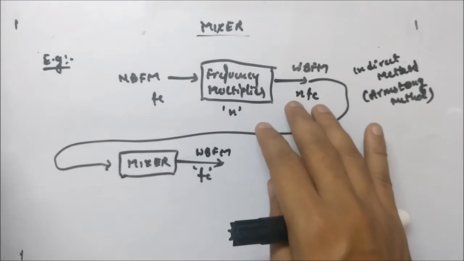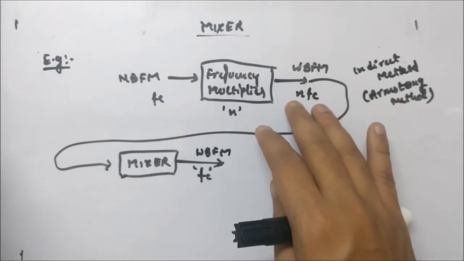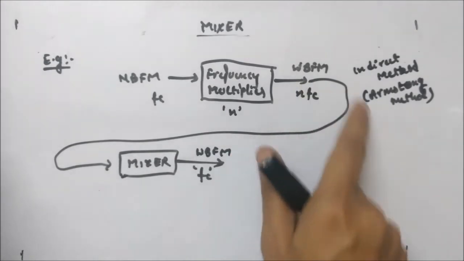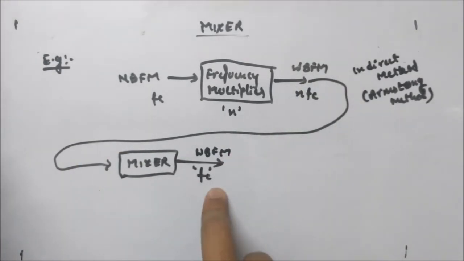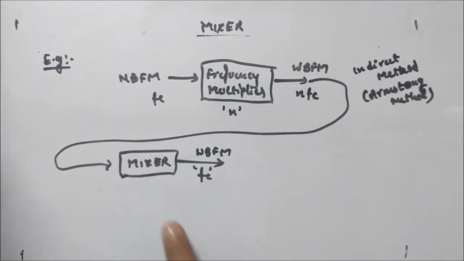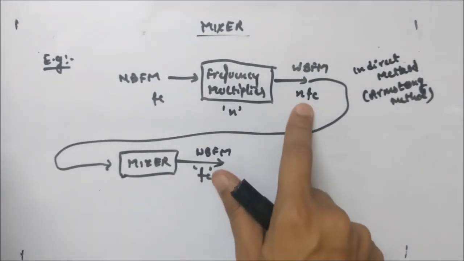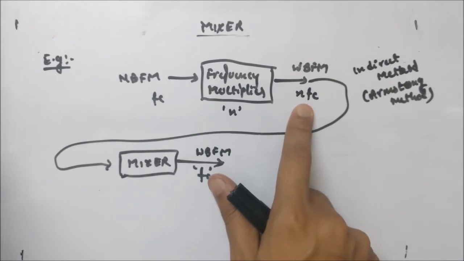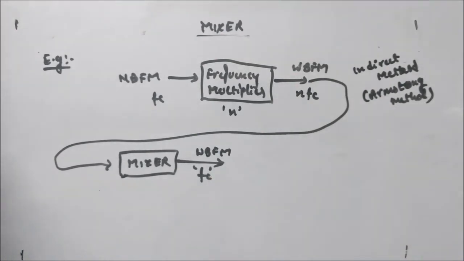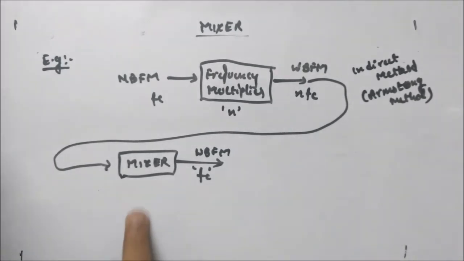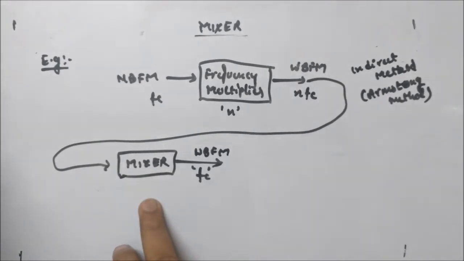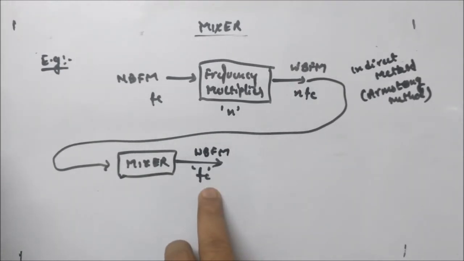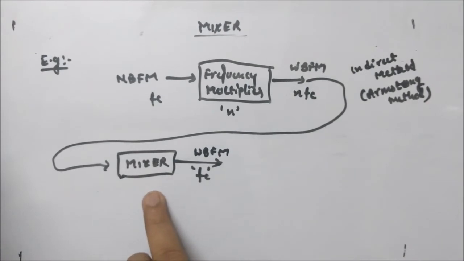So you can translate this nfc frequency to fc by using a mixer. You give this signal to a mixer and it will generate a frequency which is fc now. Okay, so that is how you can translate the frequency. Let's say you had nfc equal to 1000 and your fc is 500 Hertz, then the mixer will take care, fL should be equal to 500, so that at the output you will get 1000 minus 500, that is 500. So that's how you can think.